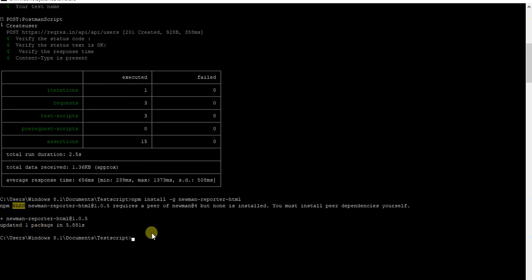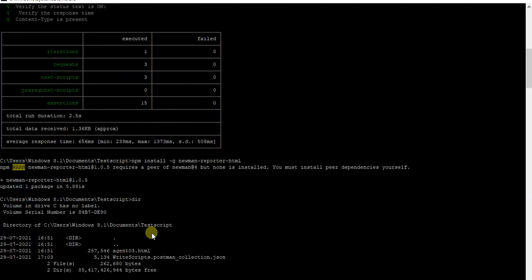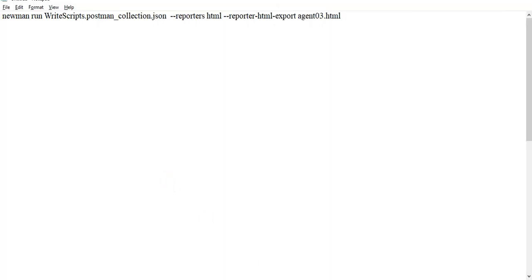To run the same collection, I will open this one. Here I will add newman run, and the collection name I have added over here. Then I am giving the reporter HTML and reporter HTML export. The agent is already 3 for my test script, so I will add 4.